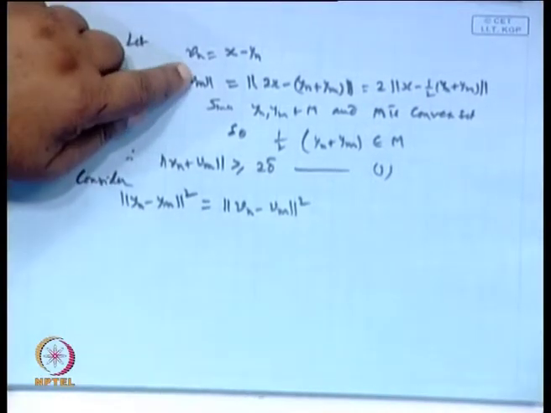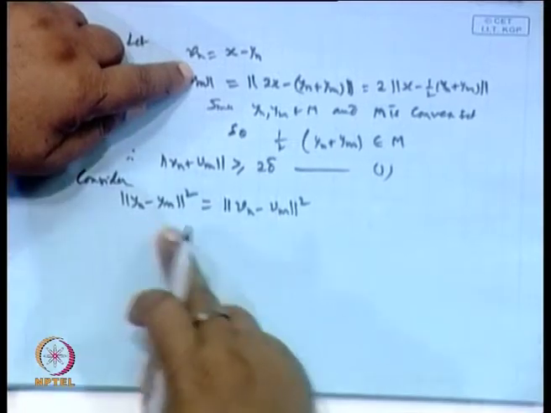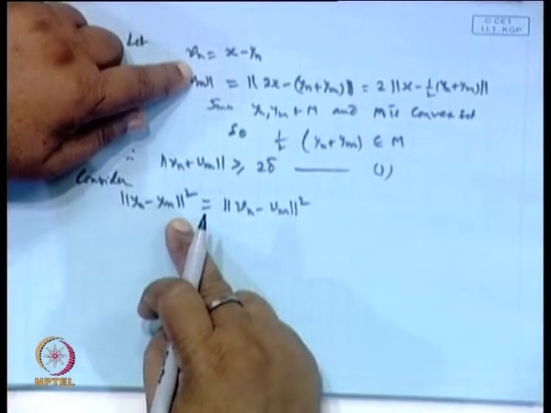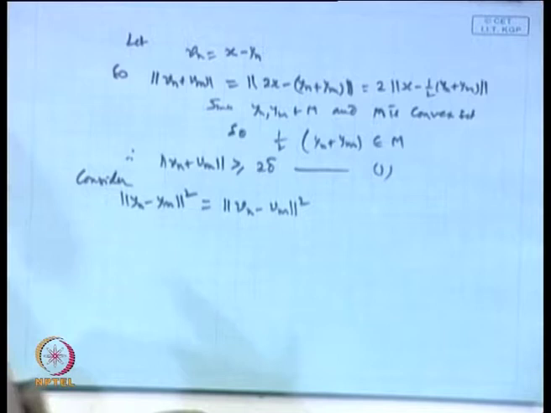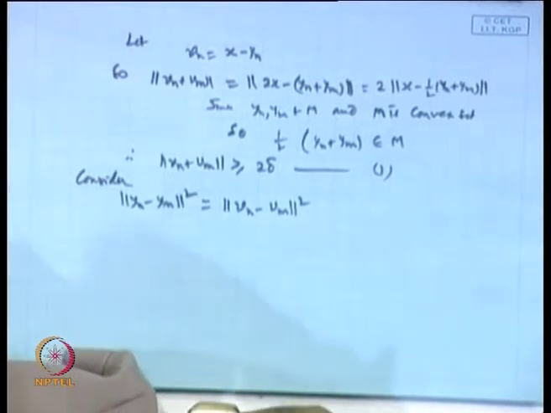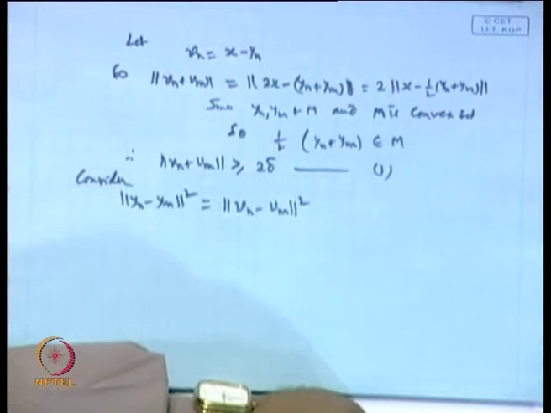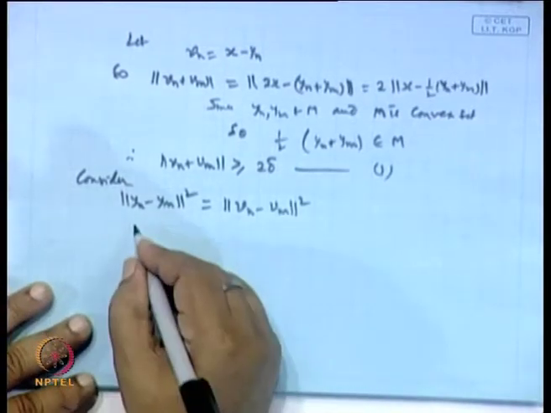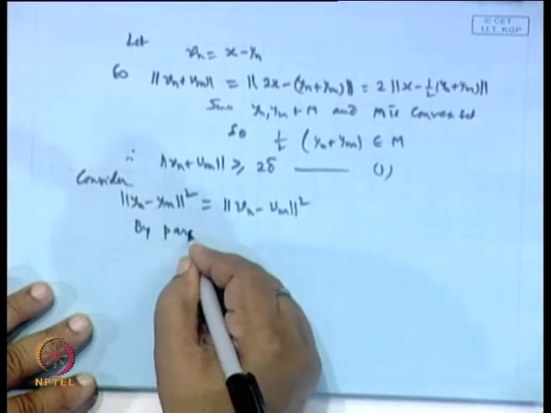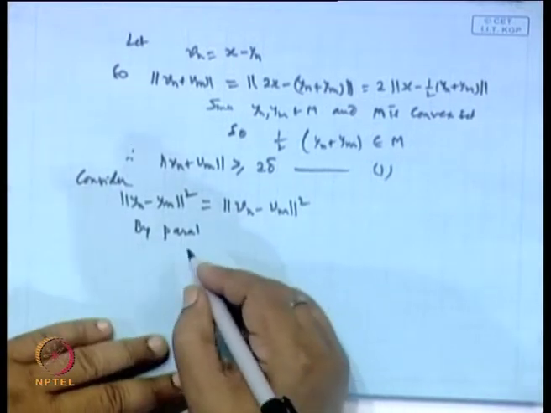V n minus V m. So, what you get? Basically, you are getting y n minus y m. Now, every inner product and the corresponding norm satisfy the parallelogram law. So, by the parallelogram law